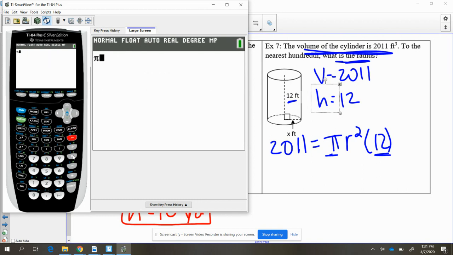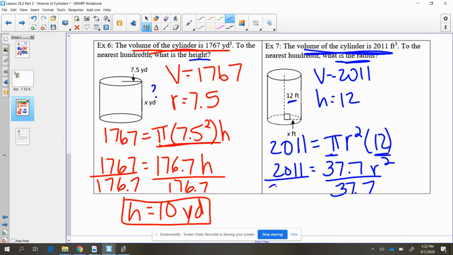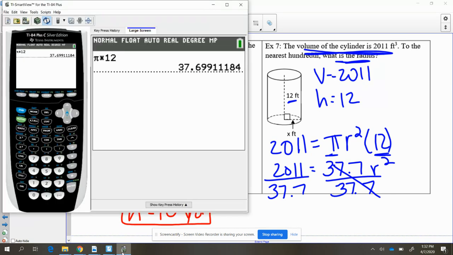So pi times 12 is approximately 37.7, rounded up. So 2011 equals 37.7 times the radius squared. Again, our goal is to get that radius by itself, so we're going to need to divide to get rid of that. 2011 divided by 37.7 gives us about